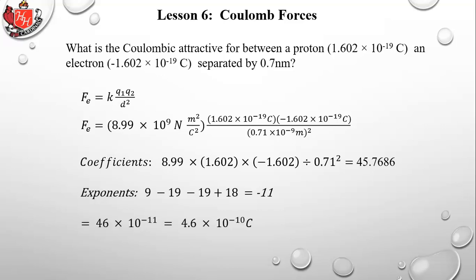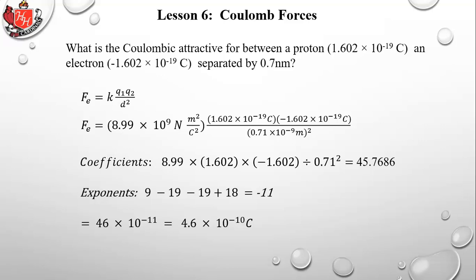All right, and that gives you, we round the 45 to 46 because of significant figures. That's why I added the 1 to the 0.71 in the problem to give you two significant figures, times 10 to the minus 11th. All right, and now you have to adjust the decimal. The decimal is after the 6 in 46. You need to make it a number between 1 and 10, so you move the decimal over between the 4